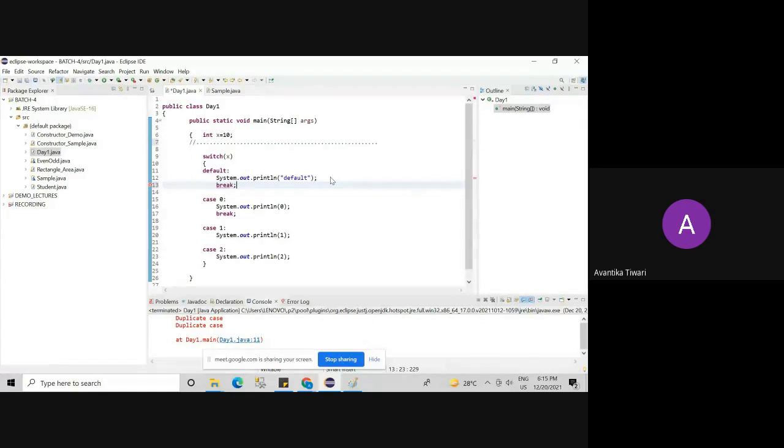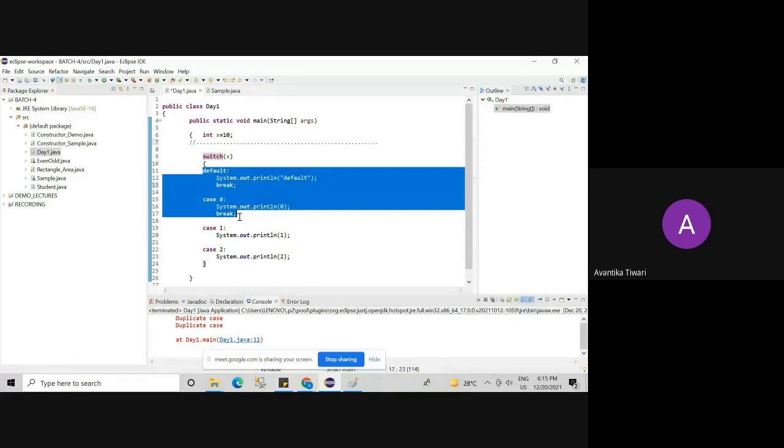On giving the input 3, 4, 5, any input that is not available in the case labels, only the default will execute. Okay? As break was not there, it was executing these both bodies. Okay? So this is the program that you will do tomorrow.